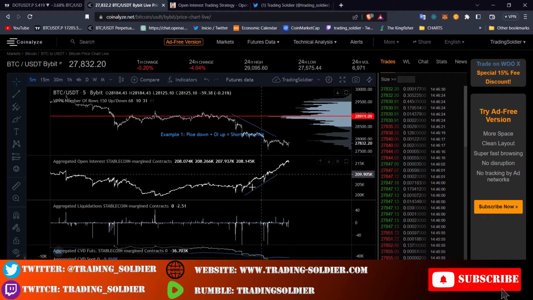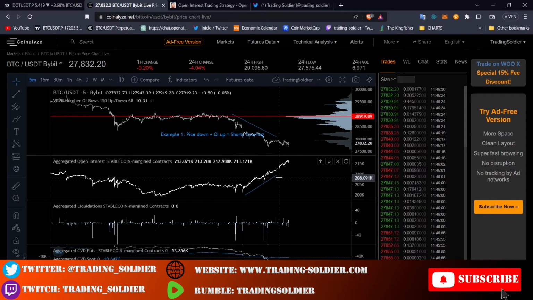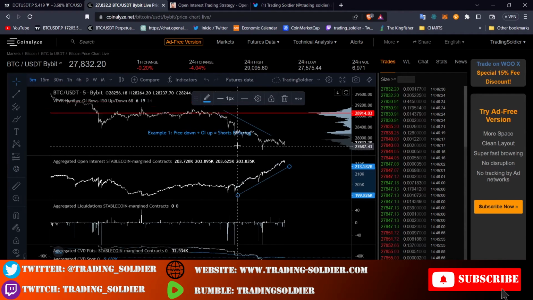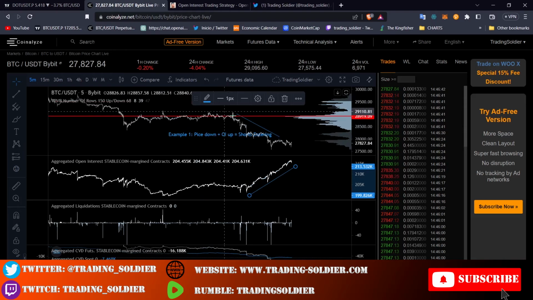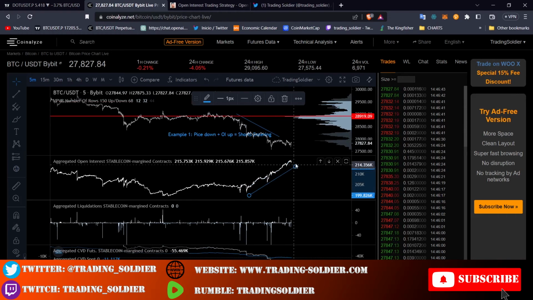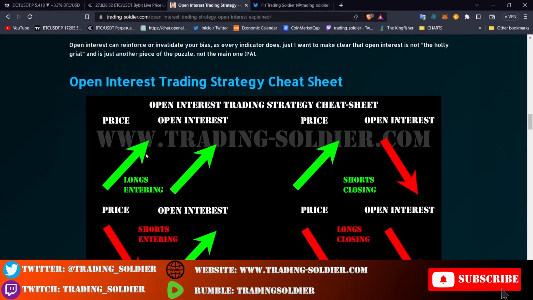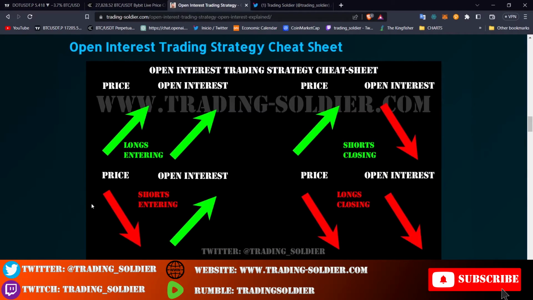For example, today we have a lot of open interest going into the market. Right now, we are seeing the Bybit chart. As you see, the price is going down, but open interest is going up. What does this mean? Okay, if we have a doubt, we go to my blog post and we see the cheat sheet. So we go here and we see that price going down and open interest going up is shorts